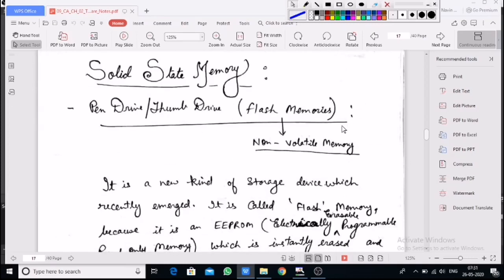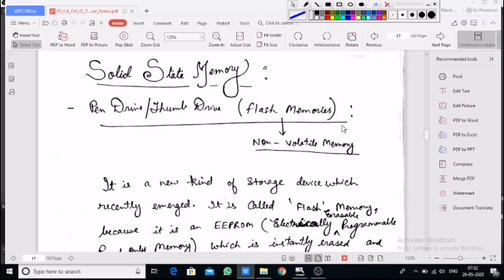So that's it: CD, DVD and Blu-ray. You need to remember that Blu-ray uses a blue laser and DVD uses a red laser, and the difference between the red laser and blue laser is that the blue laser compresses more data without losing its quality, and the red laser does not compress as much data as compared to the blue laser used in Blu-ray discs, right?